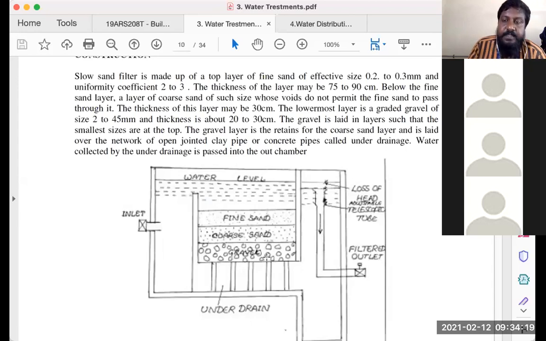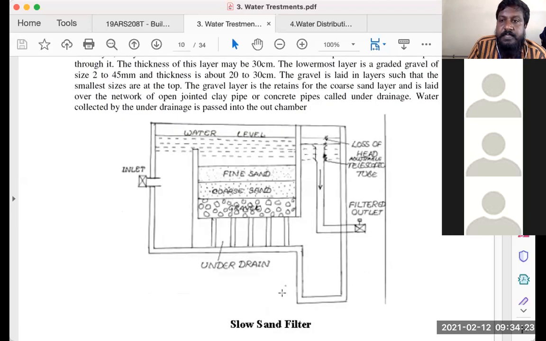So what happens is water, when flowing through all of these different courses in different granule sizes, the suspended particles get filtered out, and comparatively all the physical turbidity of the water would be removed and water would be obtained. But this is not the final and the best filtered water. This is one of the processes of filtration in the treatment plant.